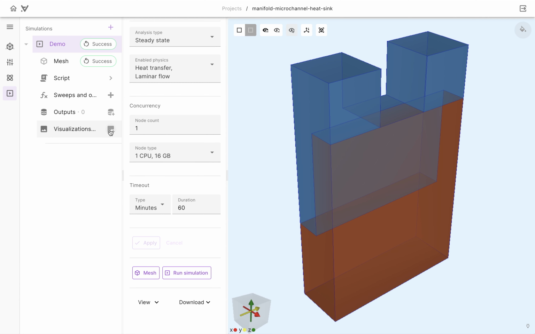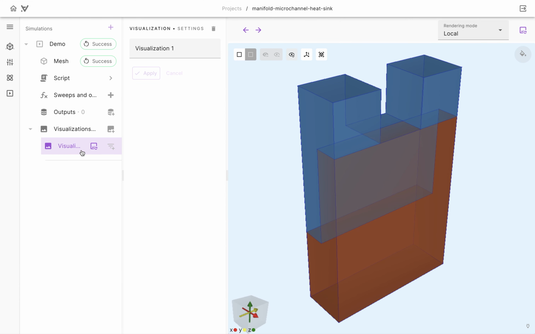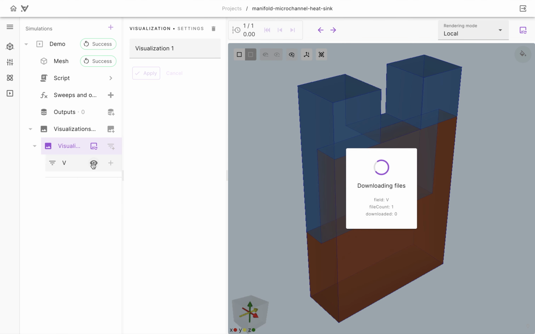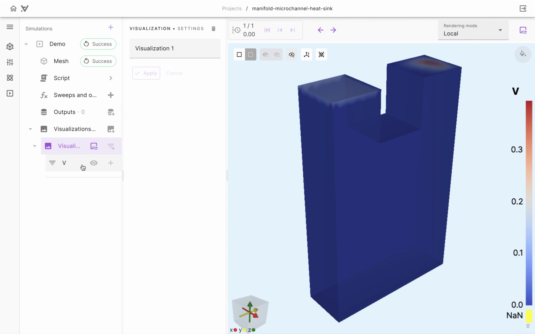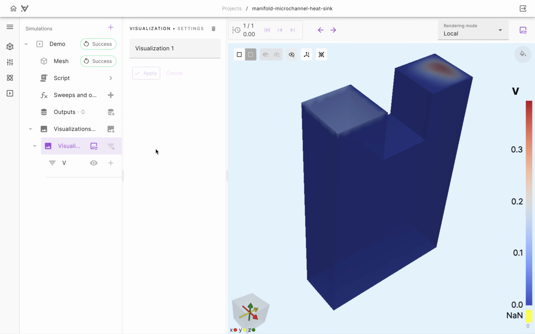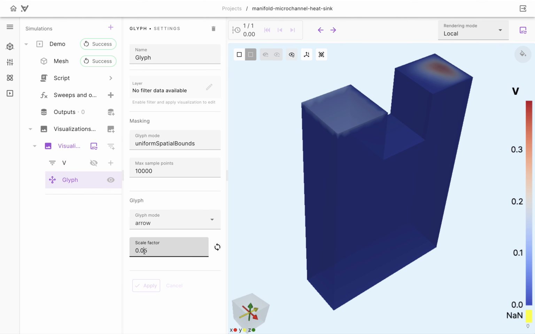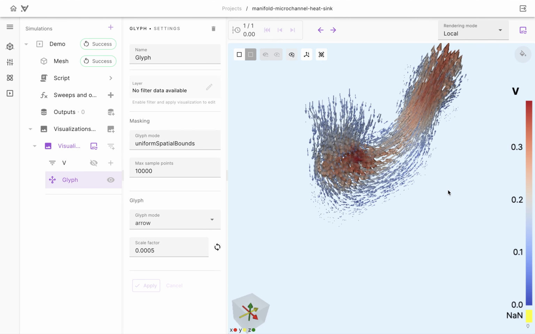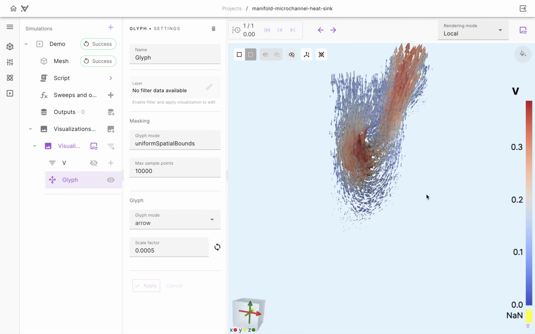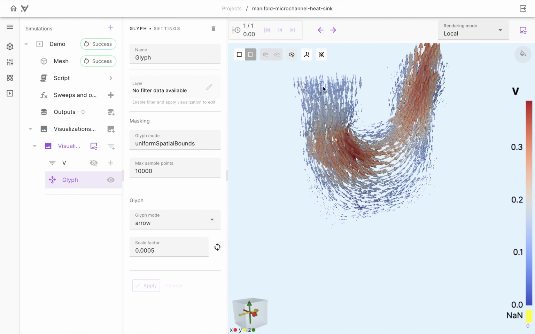So let's activate the visualization, then add the velocity field. Yeah, we can see the velocity field and the values. We can also create some glyphs. We can scale them so that they are not big arrows, and we have to click render. Yeah, so there's nice flow going from inlet to outlet,